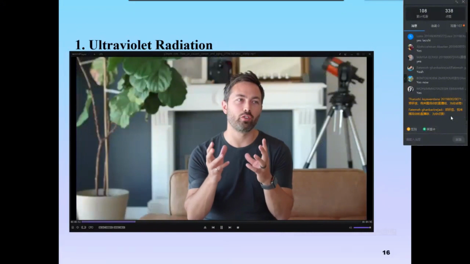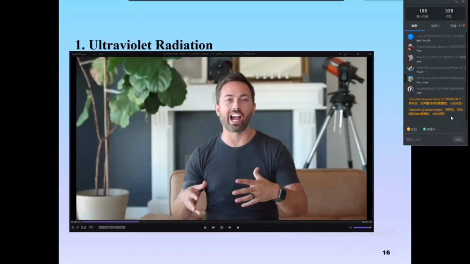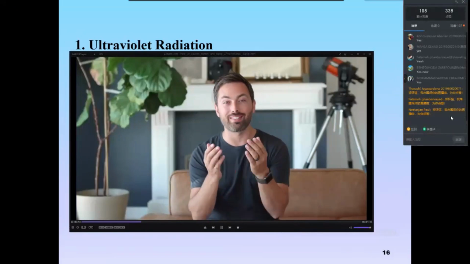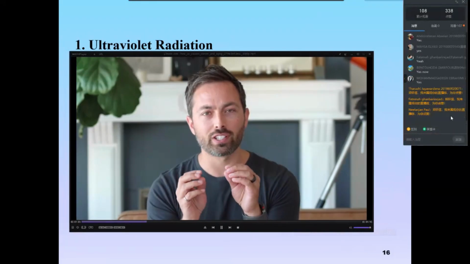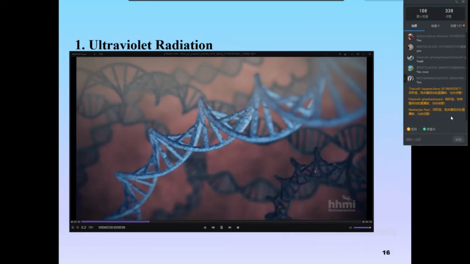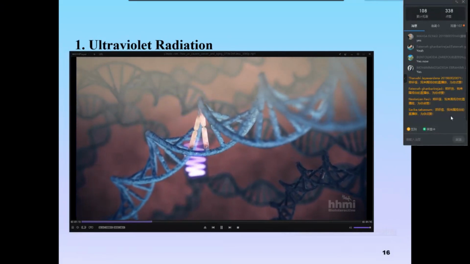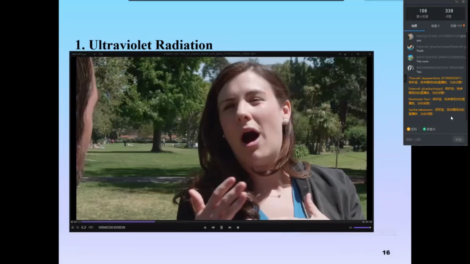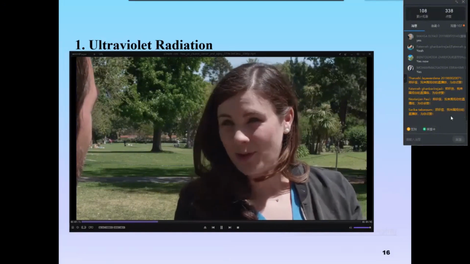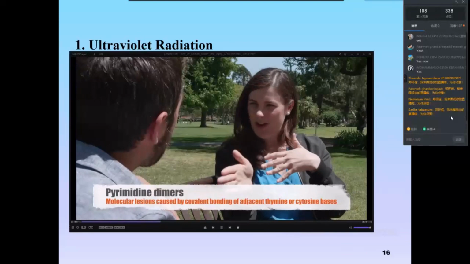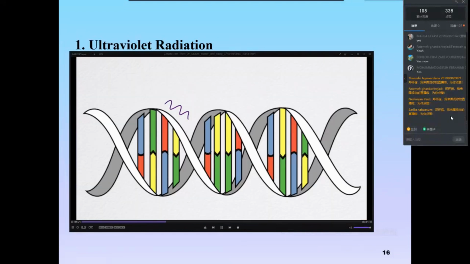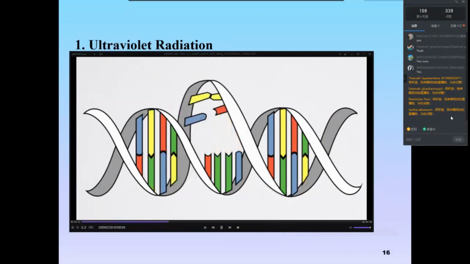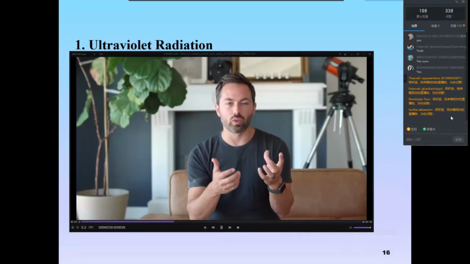When I thought about what UV light must be doing to our cells and our DNA, I imagined it would be getting in there and breaking all these bonds, and that would be the problem. But in fact, it's kind of the opposite. UV actually facilitates the formation of covalent bonds in our DNA that shouldn't be there. It creates these unauthorized bonds between the bases called pyrimidine dimers. Instead of having them bonded across, it bonds the ones next to each other. So two thymines, which are side by side, can get covalently bonded together. That creates a lesion on the DNA, like a little bump that makes the DNA hard to read and work with.